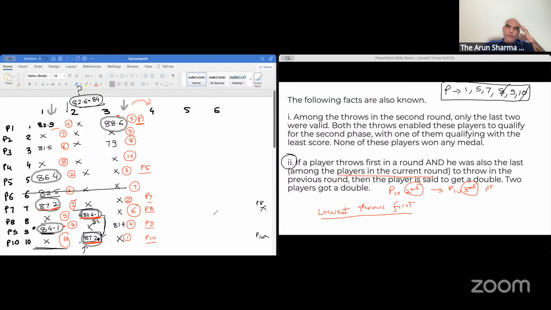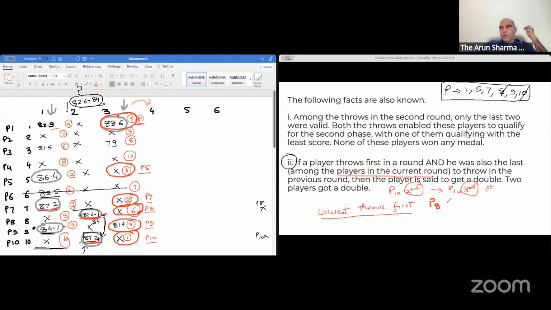is P8. And he's the sixth qualifier. And amongst the qualifiers, P8, P9, P10, P5, P7, and P1, he is also the last thrower. He's the sixth amongst the six throwers. So there is necessarily going to be a